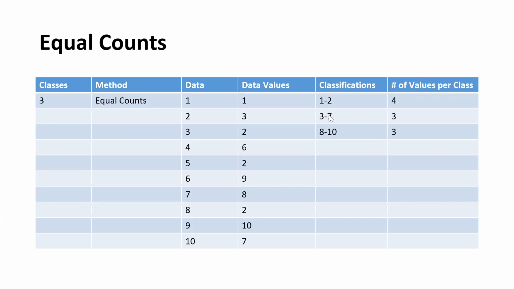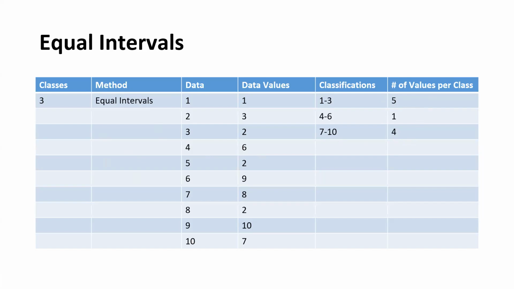For 3 to 7, the difference is 4. For 8 to 10, the difference is 2. But what we are trying to achieve is at least an equal number of counts in each of these classes. Is that clear? This will be a bit different from the next concept that I'm going to highlight. Let me proceed to explain the next concept, which is